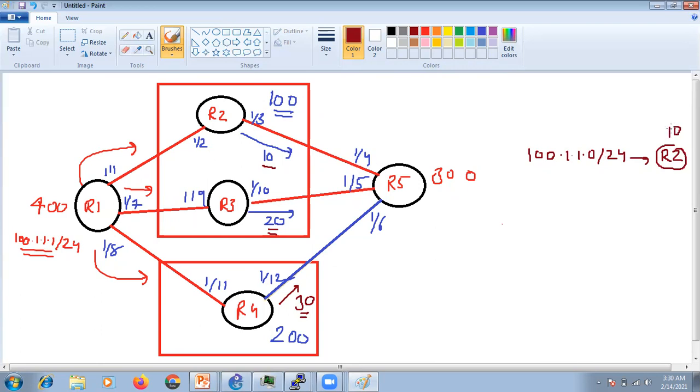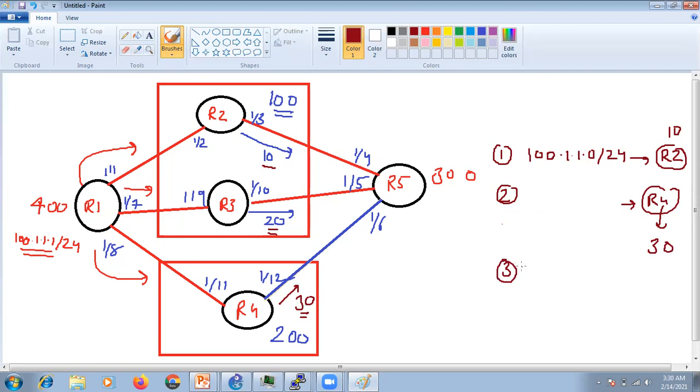Let's say this is the first update. The second update is sent by, let's say, R4. So R4 also sends this route, with the metric value of 30.